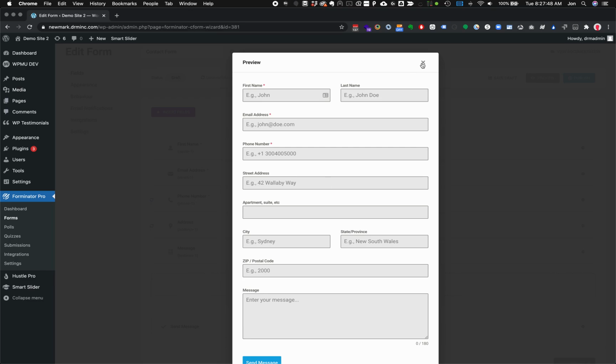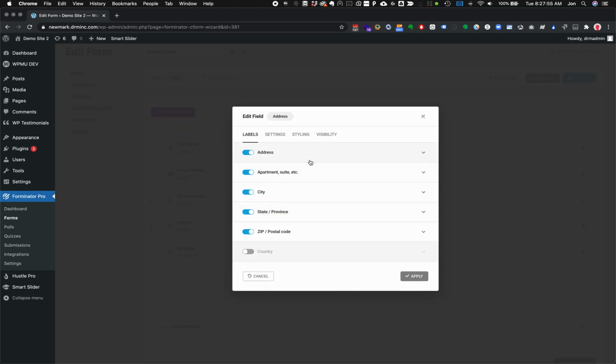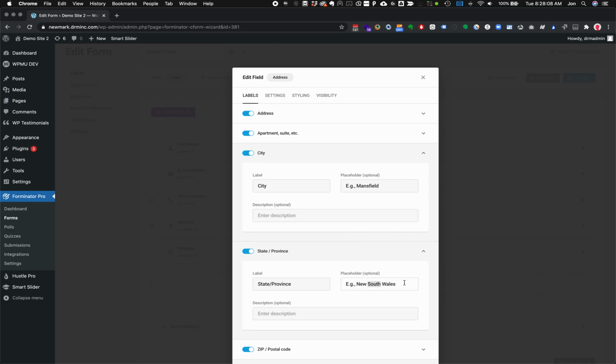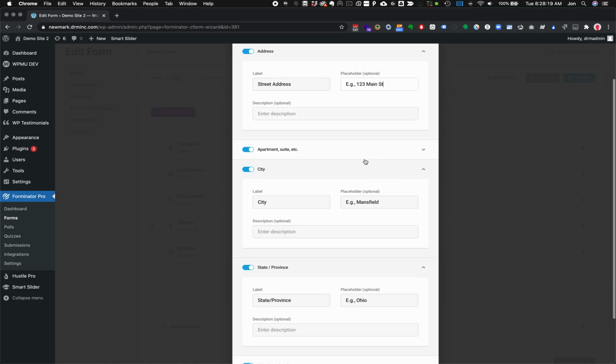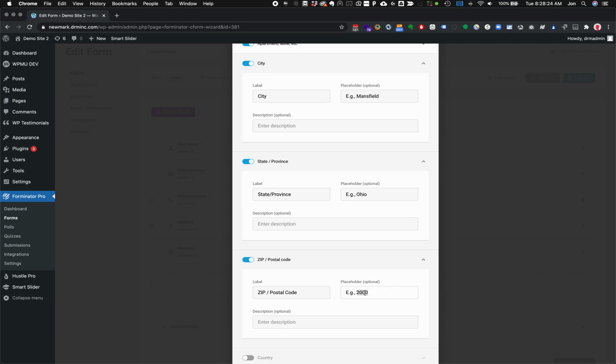So we've got everything kind of built out for the most part, but we're going to make a few quick tweaks. So for address, we're just going to hit settings, edit field, and we're going to come in here to, let's see, one of the ones we wanted to edit was the city. So placeholder, instead of example Sydney, let's say example Mansfield, and then for state, let's say example Ohio. Same thing with address, let's give something like 123 Main Street, and then for, let's see, did we have zip code? Yeah, so let's do